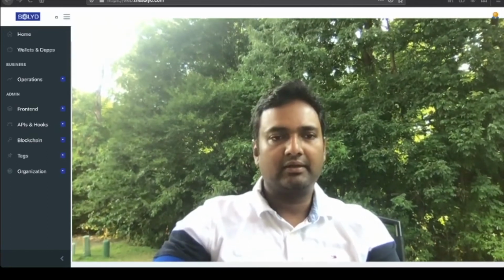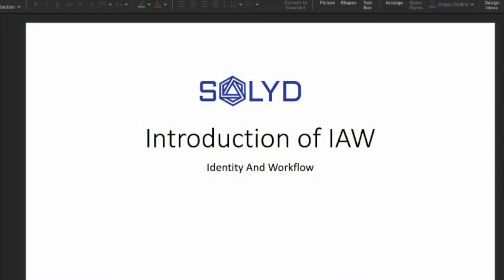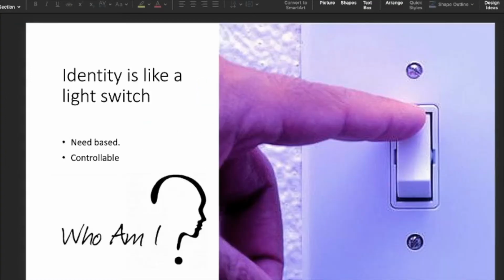Identity is something like a light switch, which should be need-based and controllable, and the purpose should be to prove who am I. But in our current centralized world, we have given the control of this light switch to somebody else, say Facebook, Google, or many other corporations, because the IT systems so far have not made it easy or feasible to build